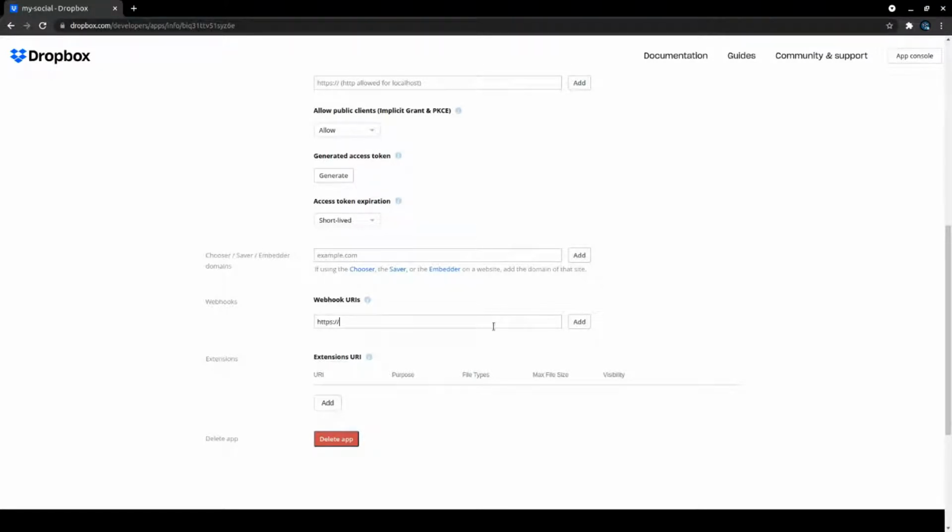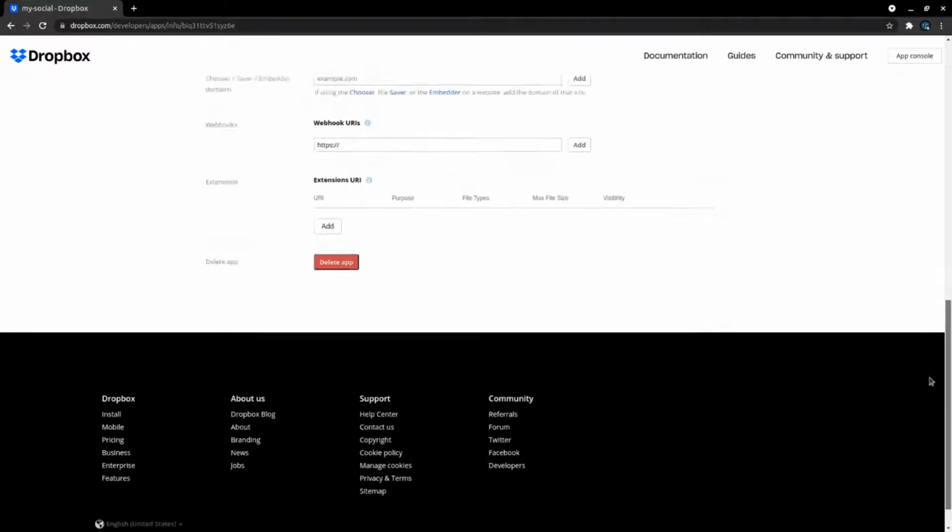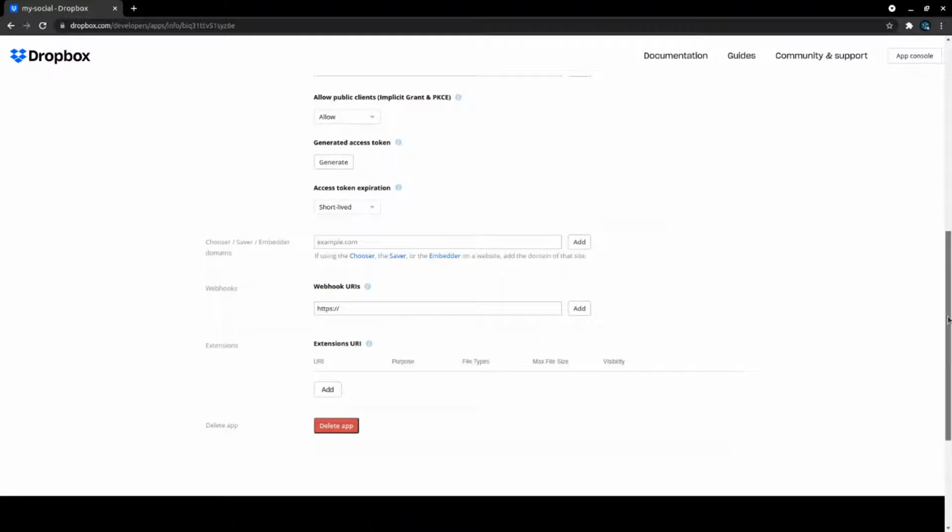Oh, actually now I need to be able to hit an endpoint, but I don't have anything live. So how can I even test this? Unless I use my computer's IP address and do all that fancy crap. Oh, bugger. Which makes me think maybe this would be easier to, rather than using a webhook, just do checks every now and then and see if anything has changed. Oh, webhooks would be a lot easier though. Yeah, how would you do this?